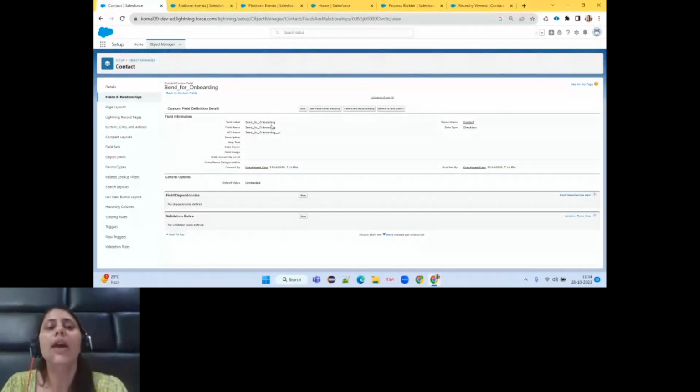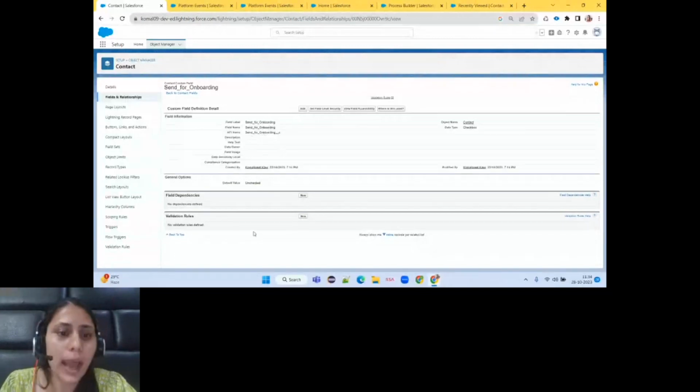Whenever any contact is created for onboarding an employee, my event will get automatically triggered. I have defined under the Contact object one custom field, Sent for Onboarding, whose data type is checkbox, and this will help us in triggering our platform events.